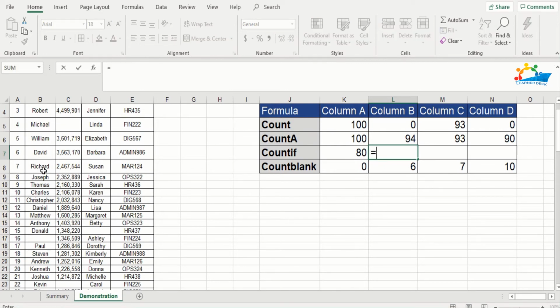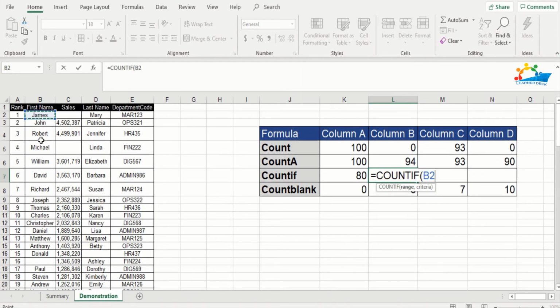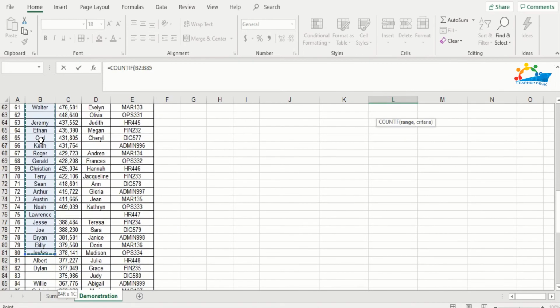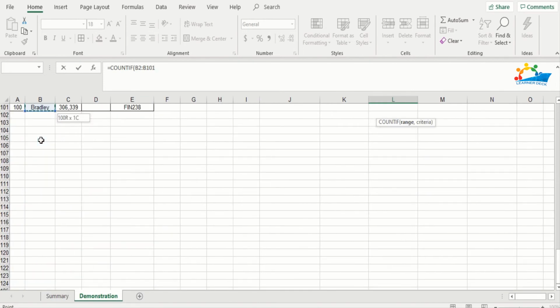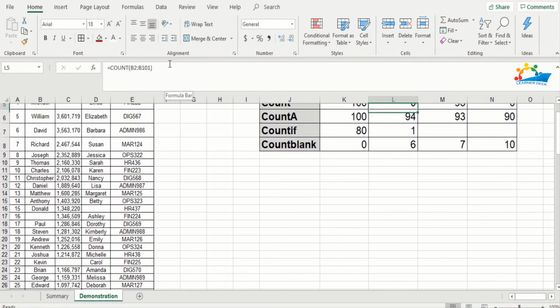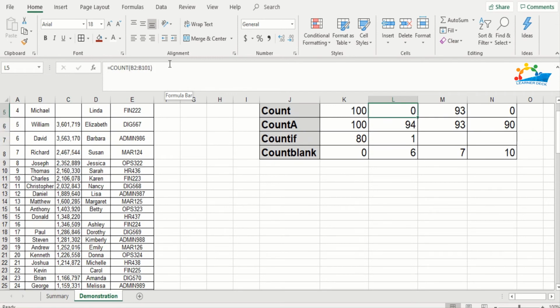Wonderful. Let's repeat this formula for column B, but now, as these are names and you can have a list of thousands maybe, for example if I want to know how many David are there in the list, let's see if it is possible with COUNTIF. I'll select column B as my range, which is B2 to B101, comma, and here I'll write inverted commas, and I need David. I need to count the number of David within my list. So it says you only have one David within the list.